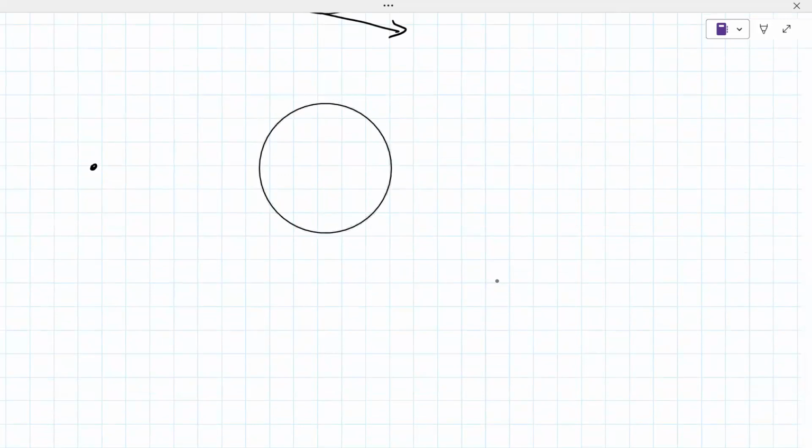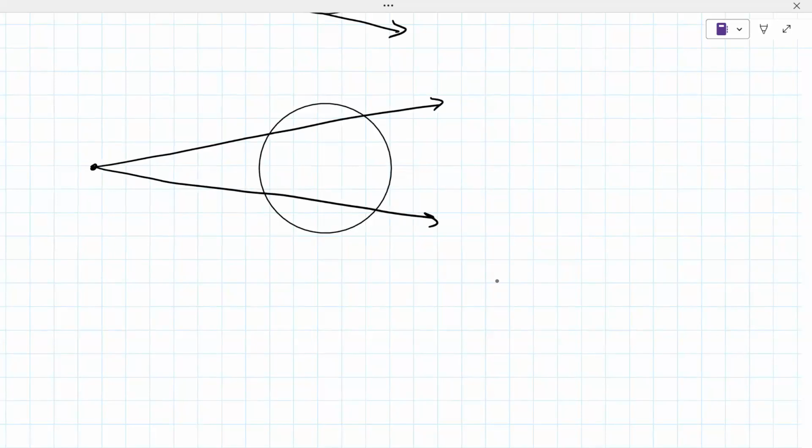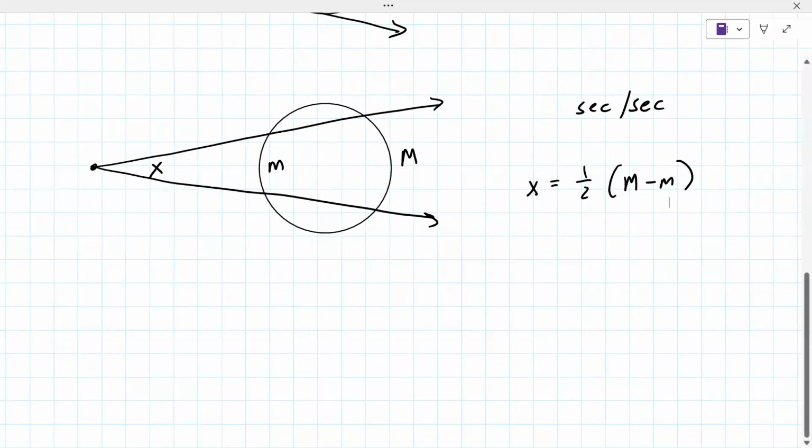You have a point outside the circle and you hit secant, secant, secant, secant. You again have a major angle, a minor angle, and the angle in between the two lines, or rays actually. So X is again 1/2 big M minus little m, just like that. Got it. And then the last possibility here,